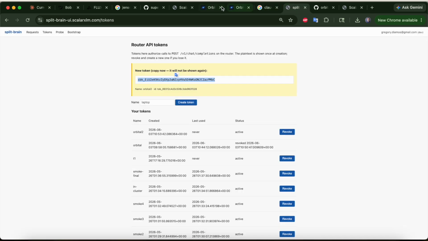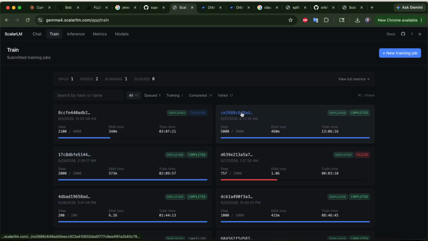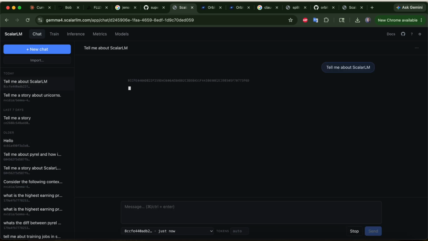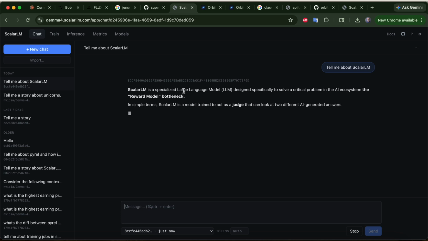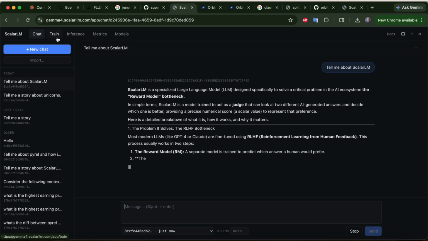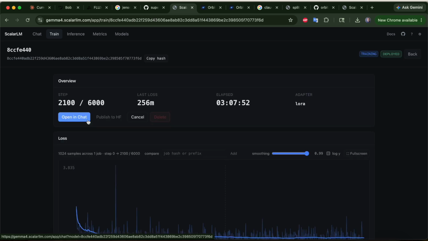Finally, once I've got a model that I like, I can publish it to Hugging Face. I can also talk to this model. One of the nice things about Scalar LM is that it lets you run models while they're being trained. So this model, as it's being trained, gets immediately deployed. And as it goes, it'll keep getting better. This model isn't fully converged yet,